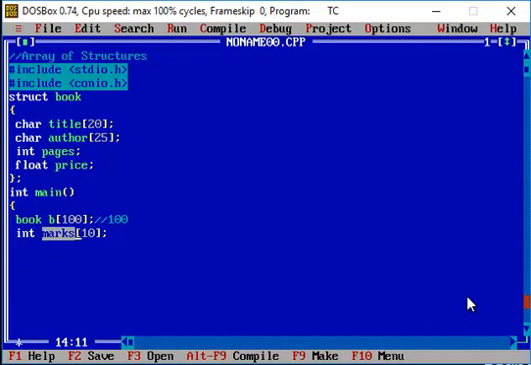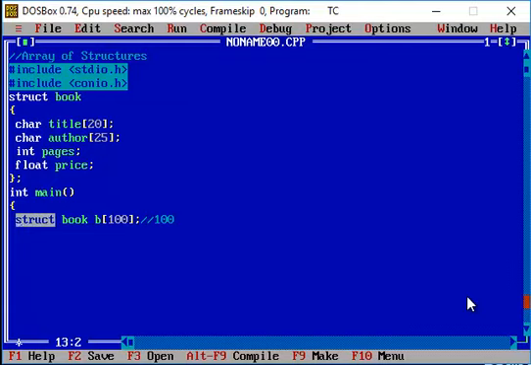Similarly, for creating a structure variable like an array, we have to give the data type of that variable. Here the name of the structure is book, and I'm creating a structure variable for it.